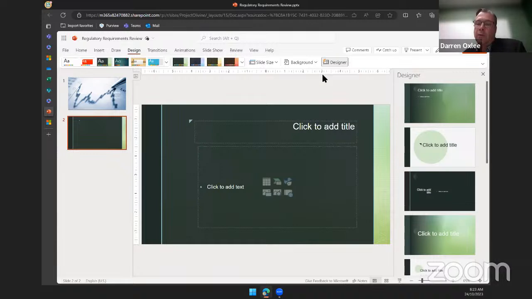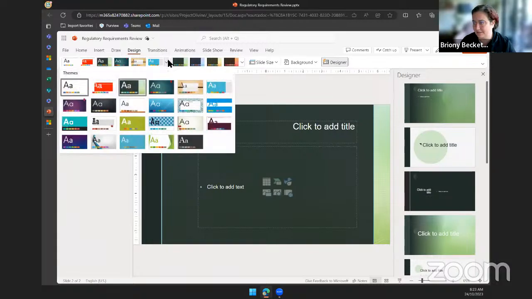Again, we don't have an official time frame yet in terms of availability as to when Copilot will land in channel. But maybe, if you want to, Designer is a really good example of AI that's already embedded into, in this case, PowerPoint. Briony, over to you. Yeah, so Designer is, as I said, built in, available now, and it's using the inbuilt themes that are across within PowerPoint itself.